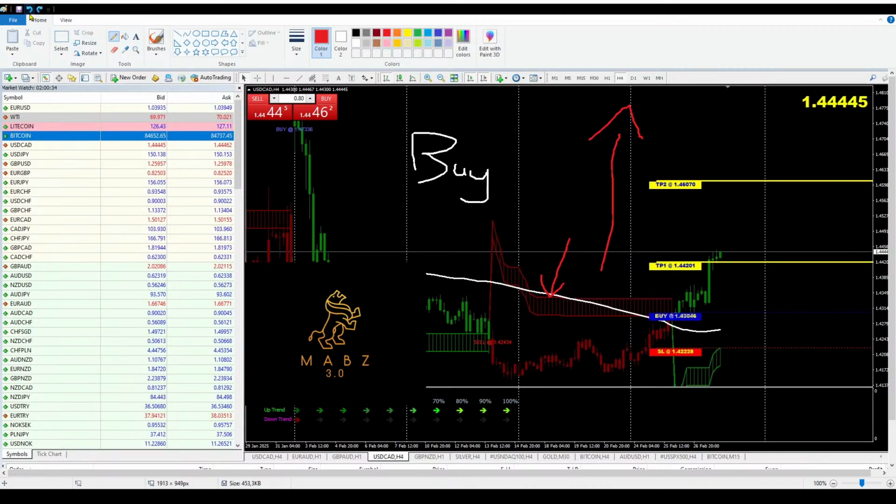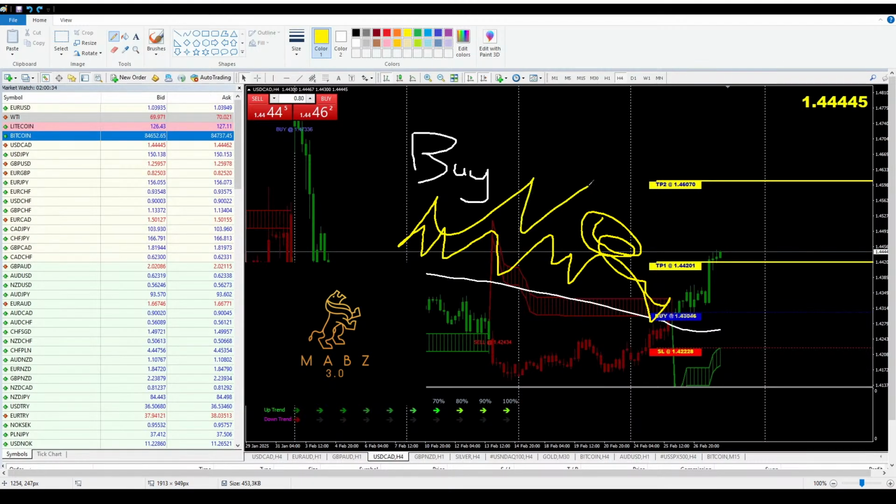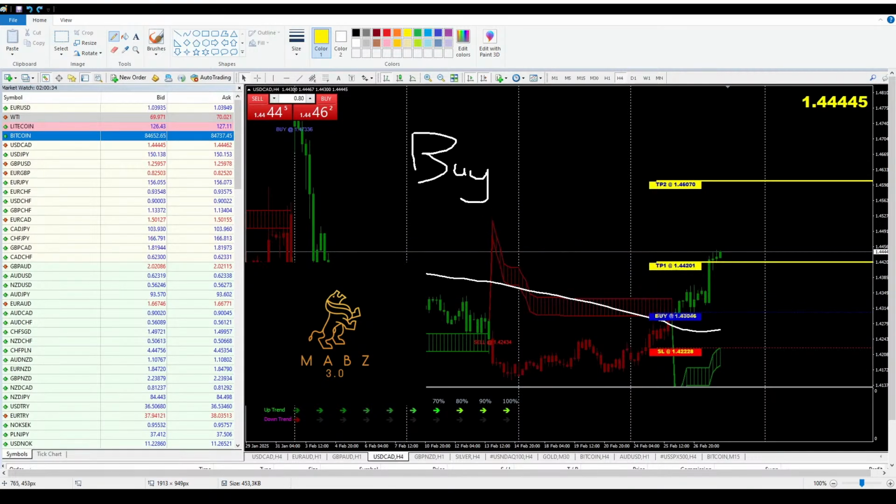And then if the price is under the white line, it means that it's a market that's likely to go down. Let me just make it visible. You see the position of the white line, right? So if the price is anywhere above the white line right there, you know that's a bullish market. It's very easy. And then if the price is anywhere underneath the white line, it means